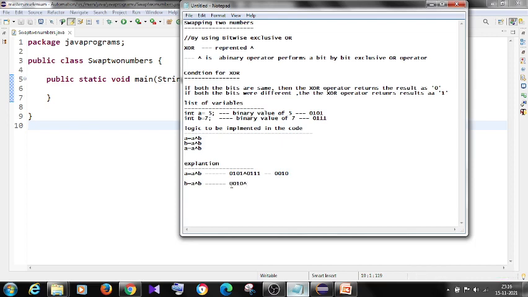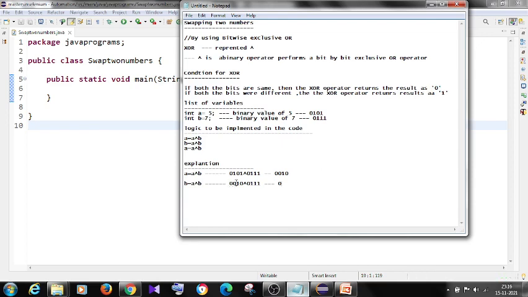Caret. What is the B value here? 0, 1, 1, 1. Now the same logic we have to implement. The 0 bit and 0 are both the same, so the result will be 0. So here it will be 0.